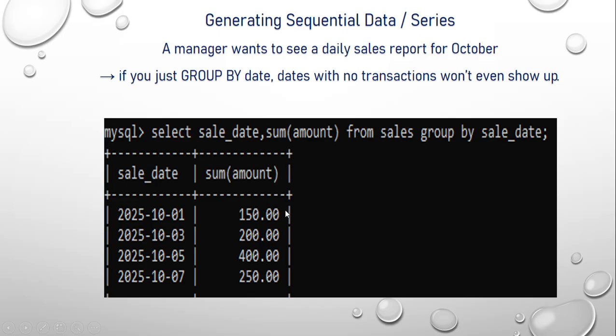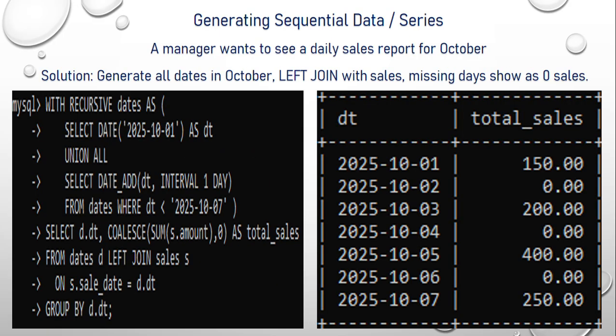output we are getting. But here we need to understand that the days where there are no transactions are not even displayed. So to fill that gap, we have used recursive dates, where in this query we are generating the whole series of dates from 1st October to 7th October, and then we are using COALESCE, where if there is a sales amount, display that, or else display 0 as total sales. So here the manager can even see the days where there